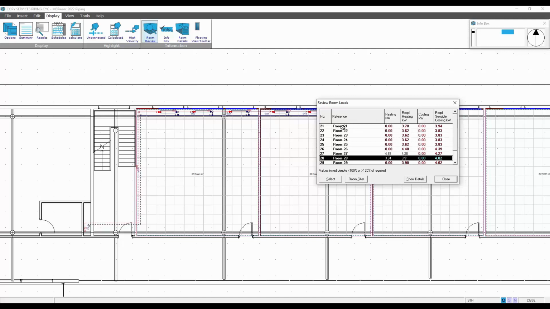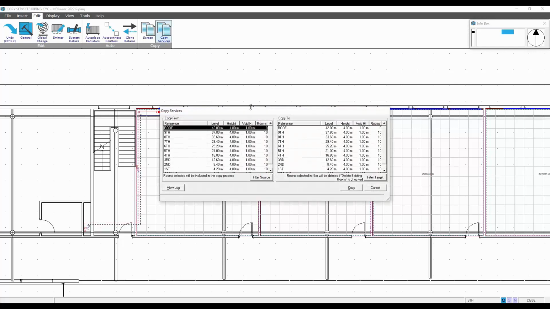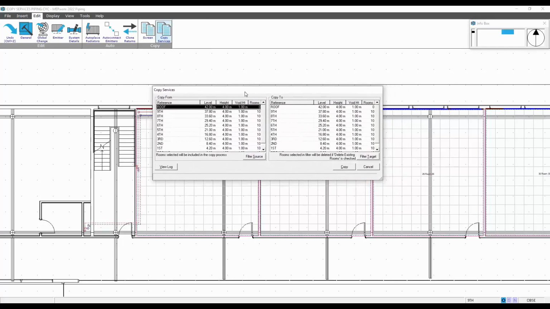And you can see all the other rooms on this layout have nothing placed so far, so they're all showing 0. So the idea is to copy the services down through the building. So what we do, we go into the edit menu, we select copy services in much the same way. Copying floors, it's the same principle, same dialog box essentially. We are copying from the 9th floor and we're copying down to the